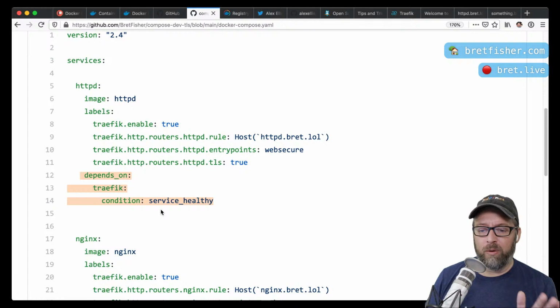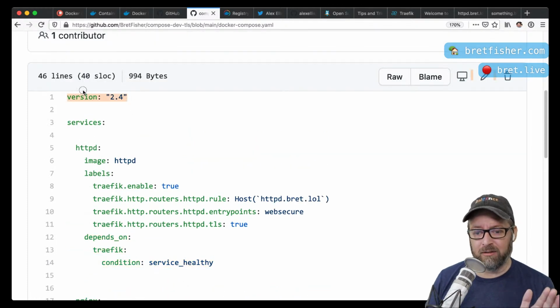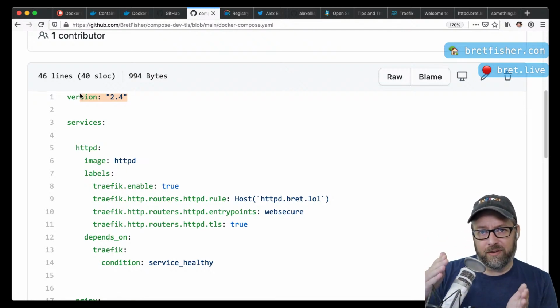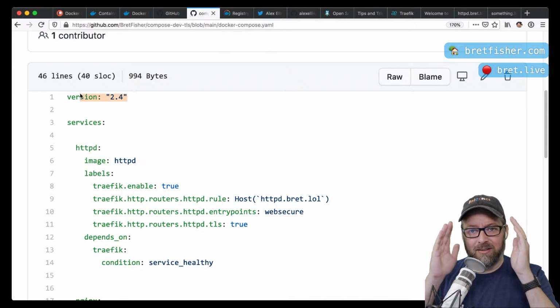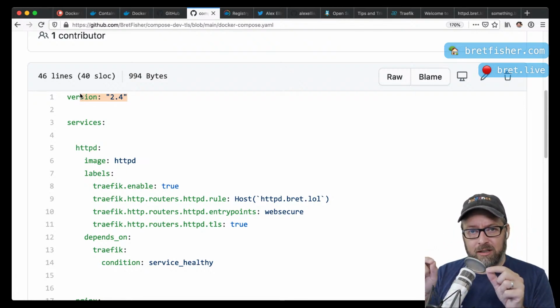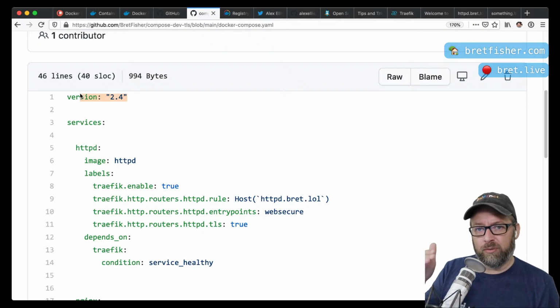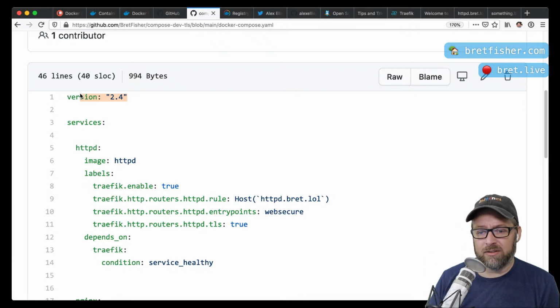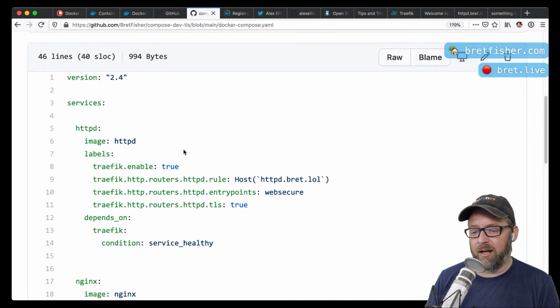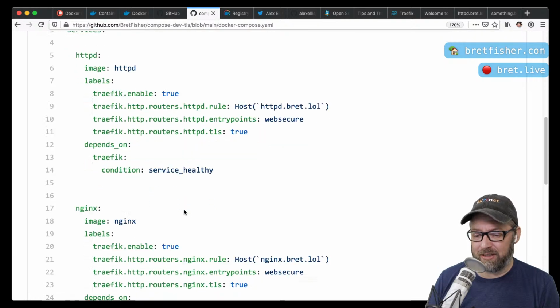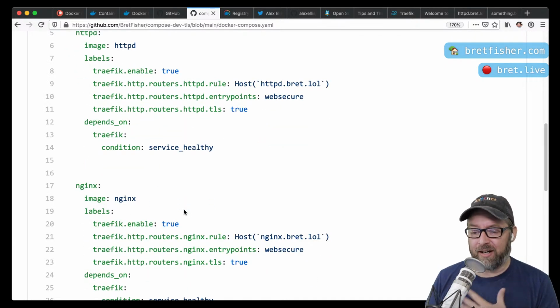It's super great. Always use version 2 for local development, always, until Docker fixes the problem we have between version 2 and version 3 Compose files. Version 3 is for Swarm, version 2 is for Docker Compose. So think about this: if you're using the Docker Compose command line, do a 2.4 file. Unless you're using Swarm, there's really no reason to use version 3 files yet. Docker is going to, I think, work on this over time. They don't explain this in the documentation nearly well enough, and I keep trying to help, but it's hard. Changing documentation is hard, and we haven't yet got the documentation where I'm satisfied that it makes sense for most people.